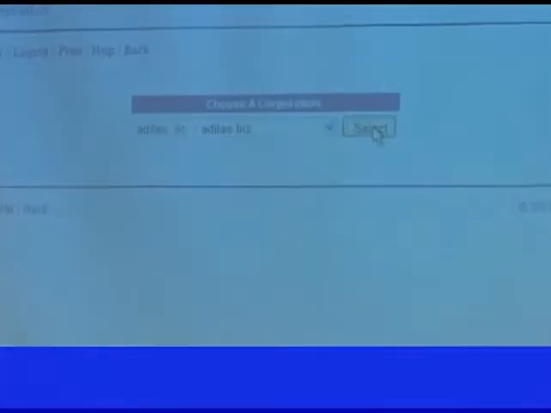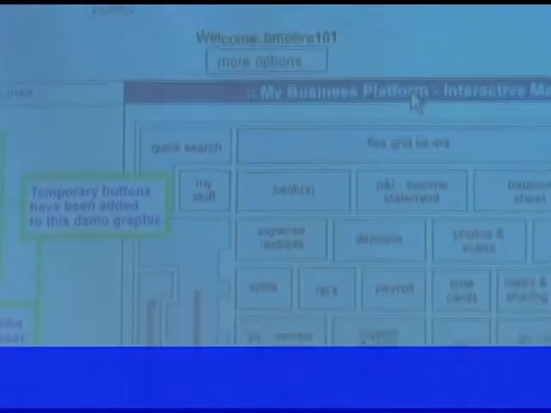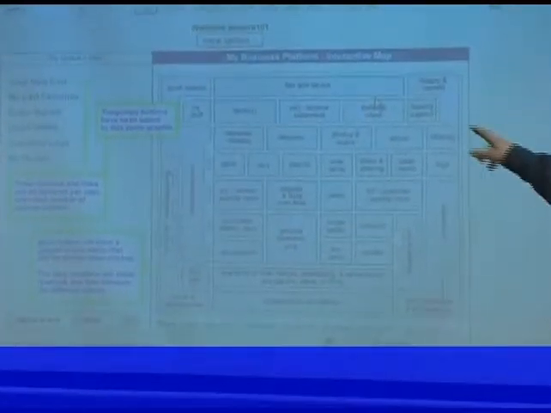Just so you know, as you pop into something, it changes the look and feel. Like this is the home page that I chose for me, for my Adilas account. If I popped into a different one, just for a quick visual, this is a small little car shop up in Denver. It's a little import shop, and you can see that the look and feel changes, and all of the different pieces may look different depending on which corporation you're in. There's a lot of different interfaces that you can choose from. I'm going to switch real quick back to Adilas,